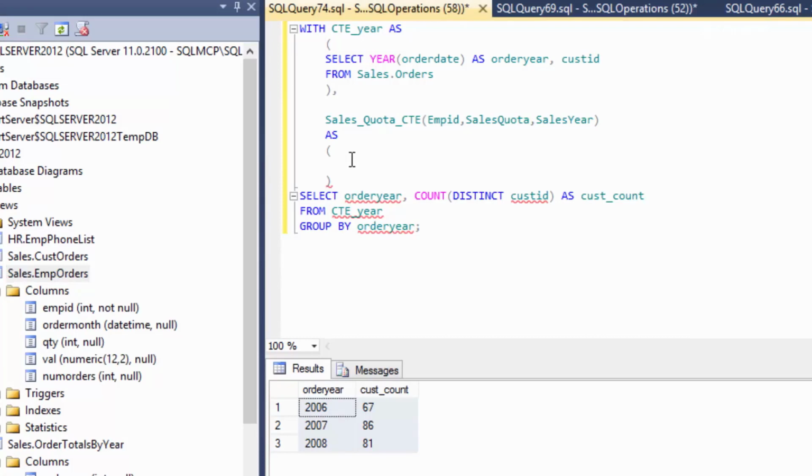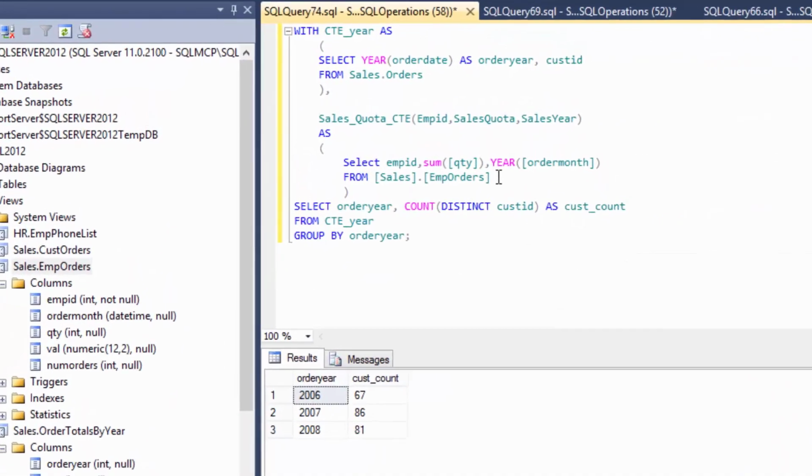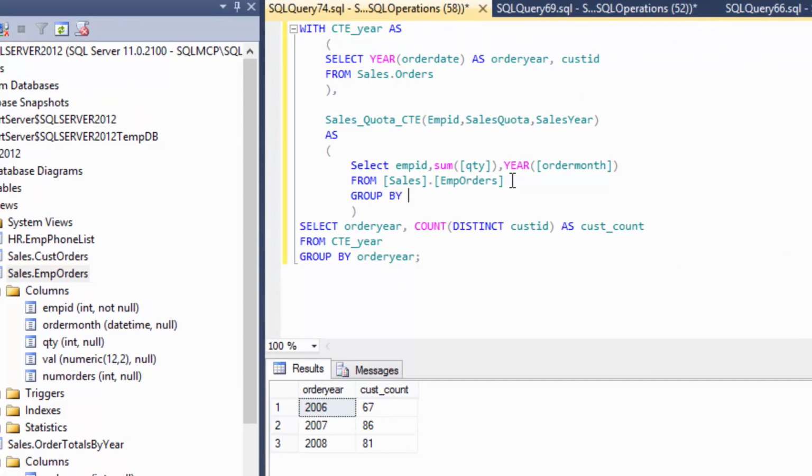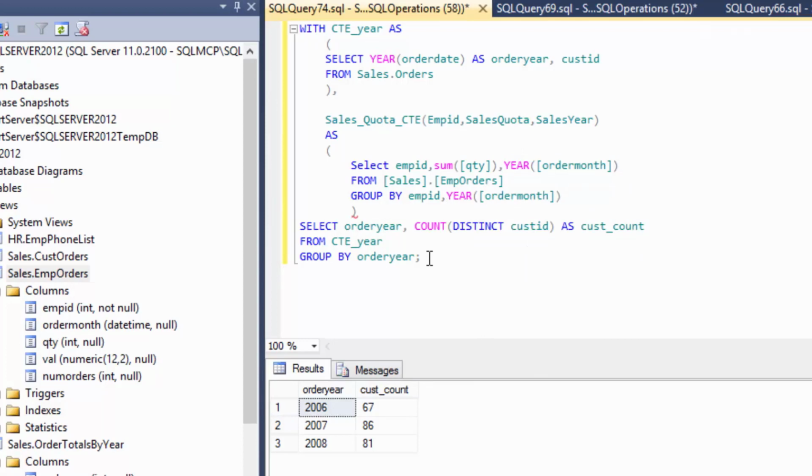And let's do select employee ID, the sum of all the quantity that we have here, and then use the YEAR function on the order month field from sales.employee orders view, group by employee ID and the year of the order month. Let's click on Execute,